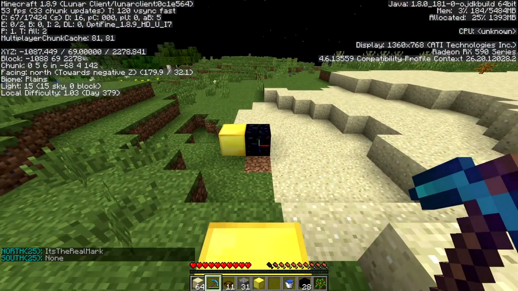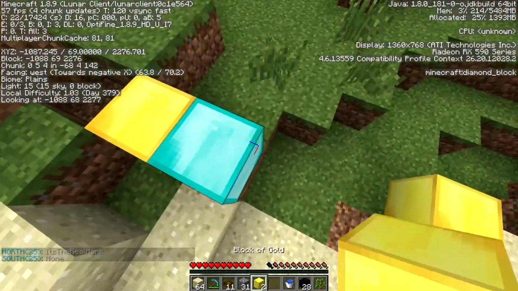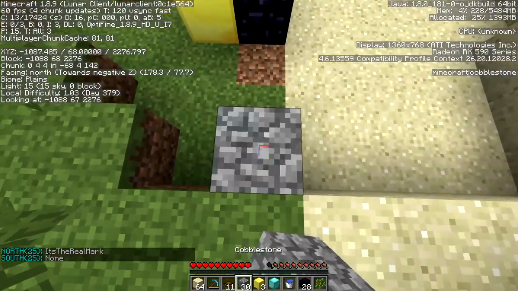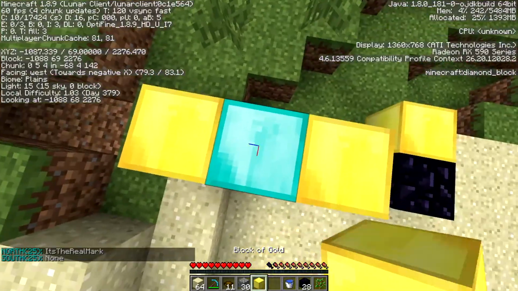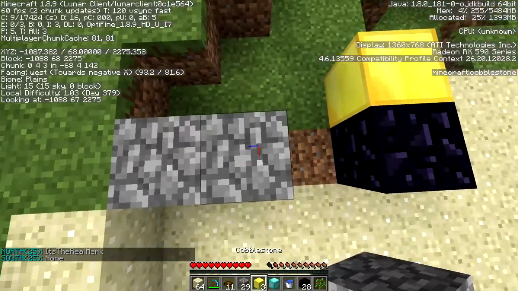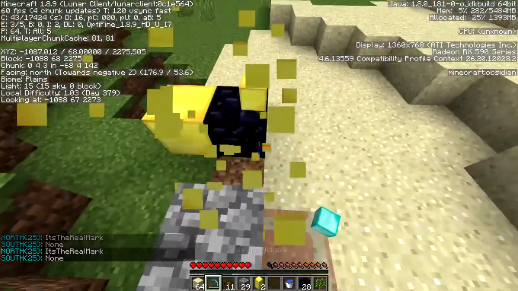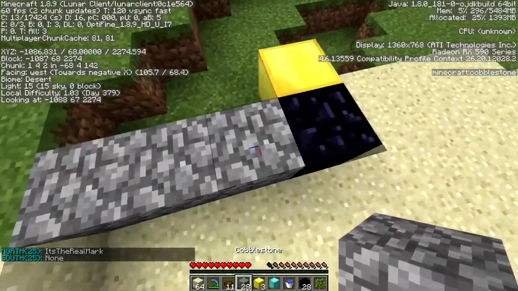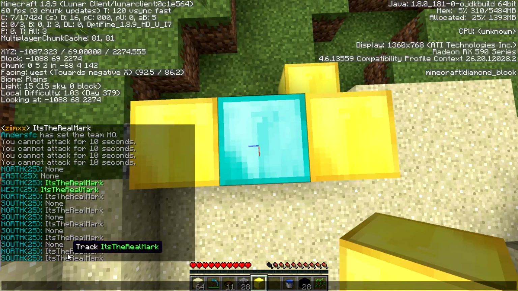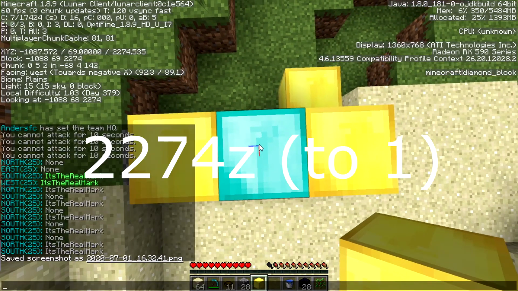So now he's north. Before, on that block, he was south, so I'm going to move this and try again. He's still north, so I gotta move a bit further towards my marker block. He's still north. Okay. Well, I think we almost have him, to be honest. Okay, using deduction, he should be right here on the Z, but I'll just check. He could have moved around. Okay, now we see he's north and south on this exact block, which means we've got his Z exact,